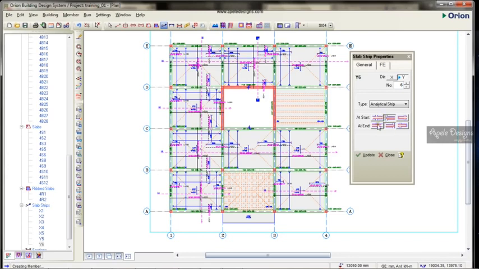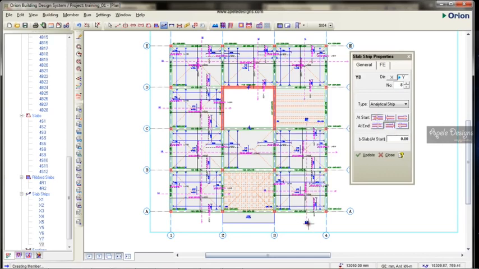Beam edge to a slab, to a beam edge, a slab to a cantilever, a beam edge to a slab,